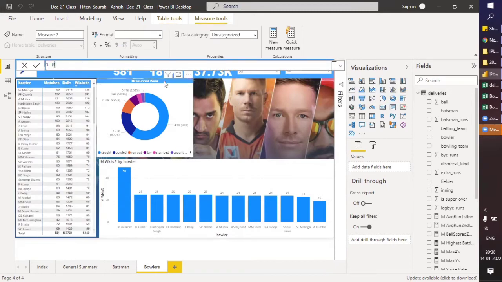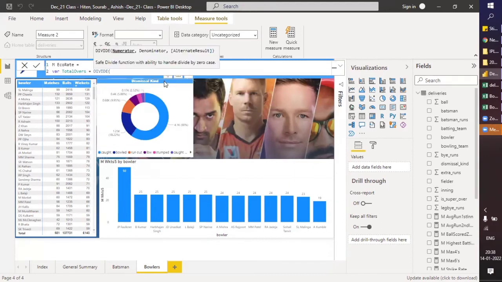So first of all, let's have a variable that is total overs. In this, we will divide the count of the number of balls they have bowled.